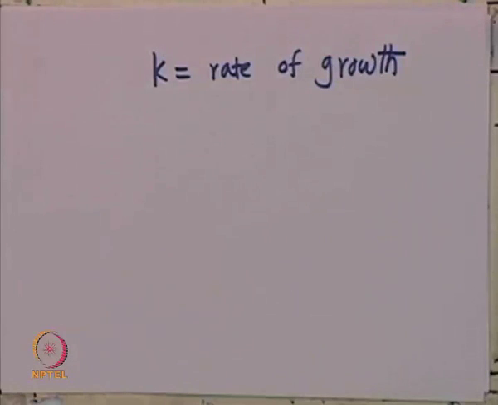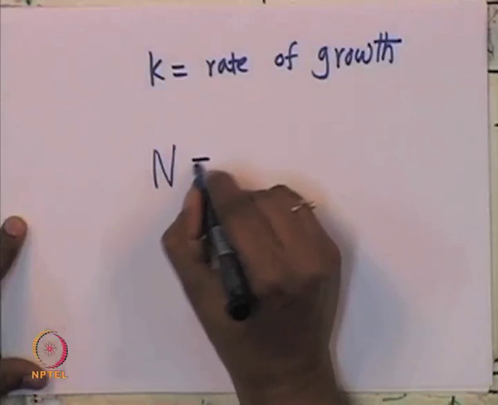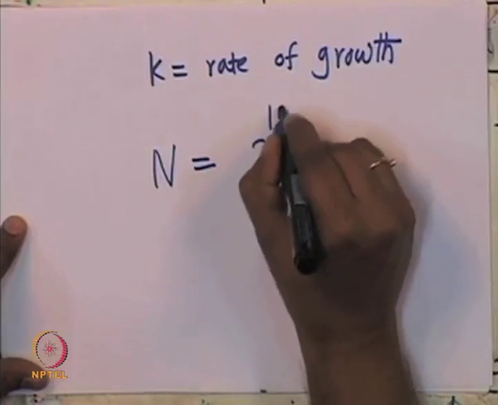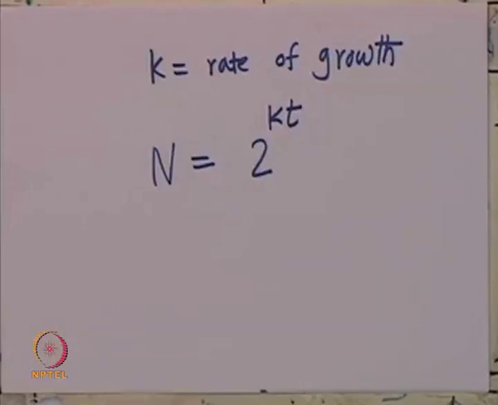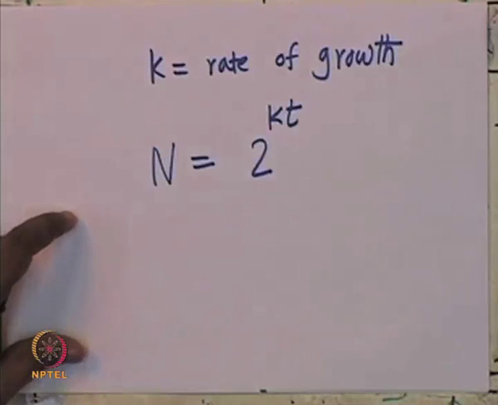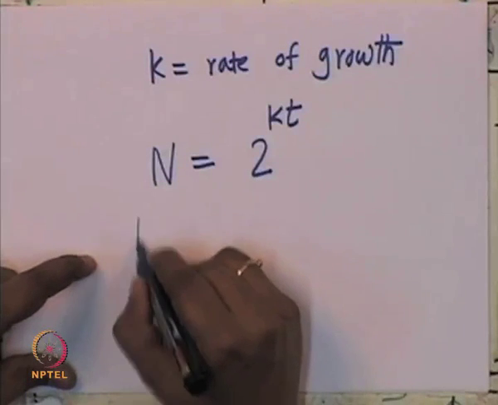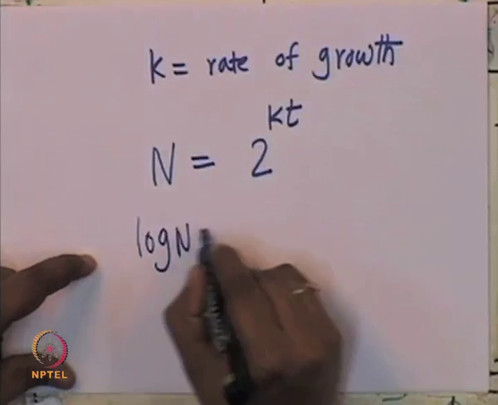So, which is something per second or something per minute, and we will have n is 2 power k t. So, this is the formula. We had k is 1 over 20. So, we had t by 20 before for E. coli. Now, if we take log on both sides, you have log n is equal to